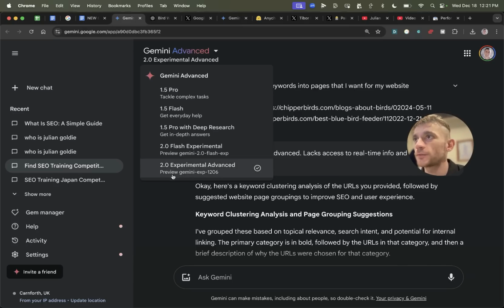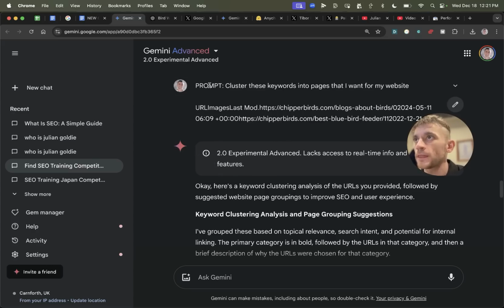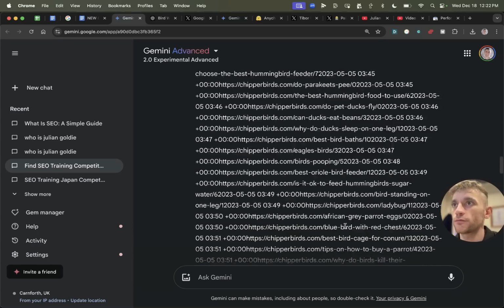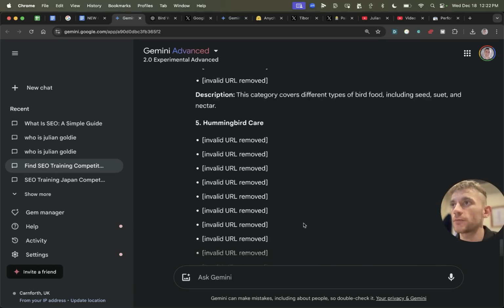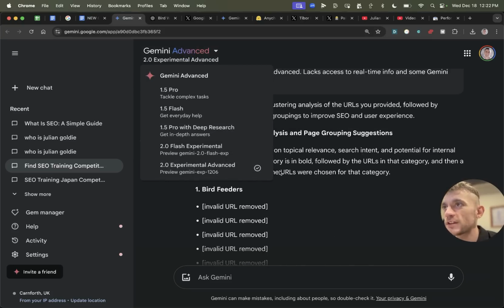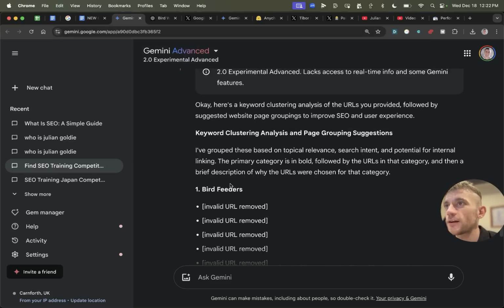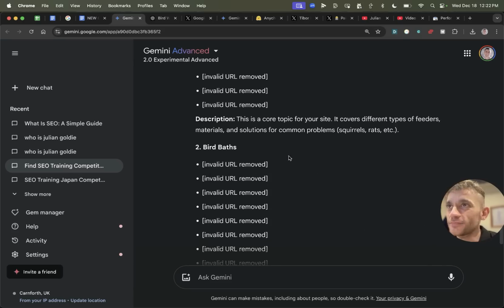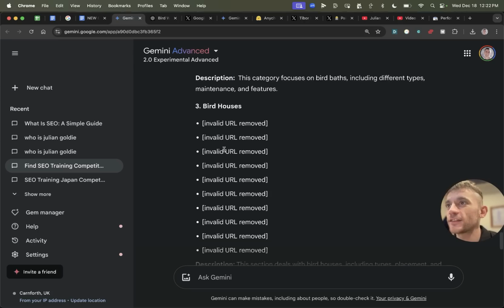So for example, we've got Experimental 1206 selected right here. And what I've said is cluster these keywords into pages that I want for my website. I've pasted in a sitemap right there with the raw URLs. Pretty simple stuff, right? Pretty standard. And you can see Gemini, the newest model from Gemini Experimental, has actually come back and given us clusters with invalid URL removed under each, right? And then it said this is a core topic for your website, and literally it doesn't give us any information,